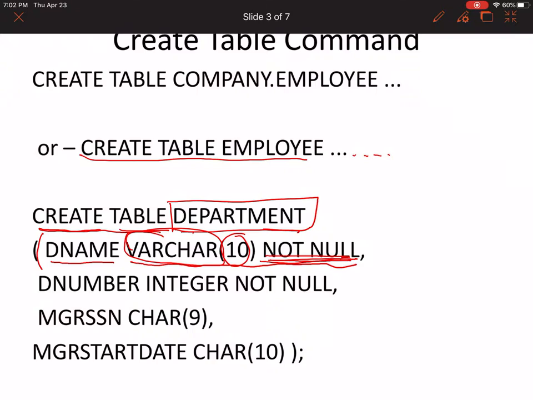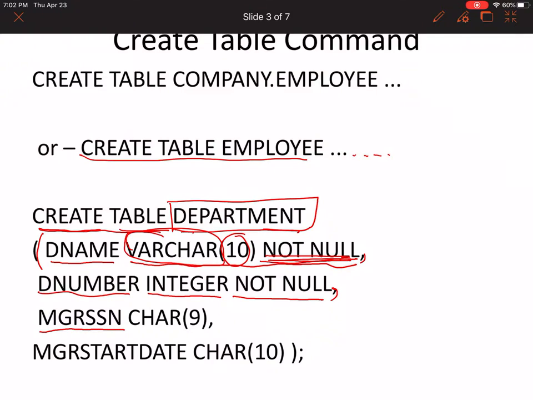So not null, as in it cannot have any null values, separated by a comma, and then the next column. So the next column is D number, department number, which has the domain integer, and again it has been mentioned not null, and again a comma separating it from the third attribute.